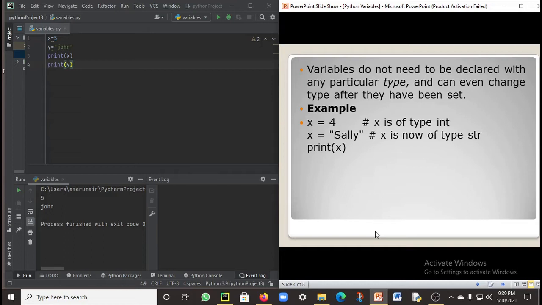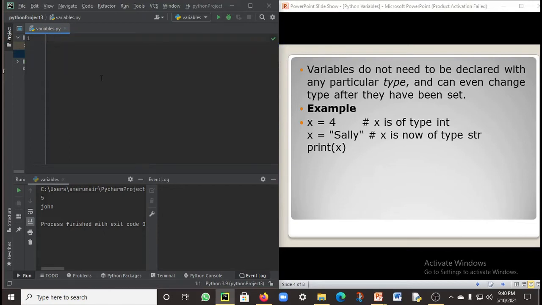In those lines of code, if programmers have already created a variable with x is equal to 4 and they don't have much time to search for which line that x is equal to 4 is created in, they simply create another variable by assigning a different value to the same x. In that case, Python is going to print the most recent value which is assigned to a variable.